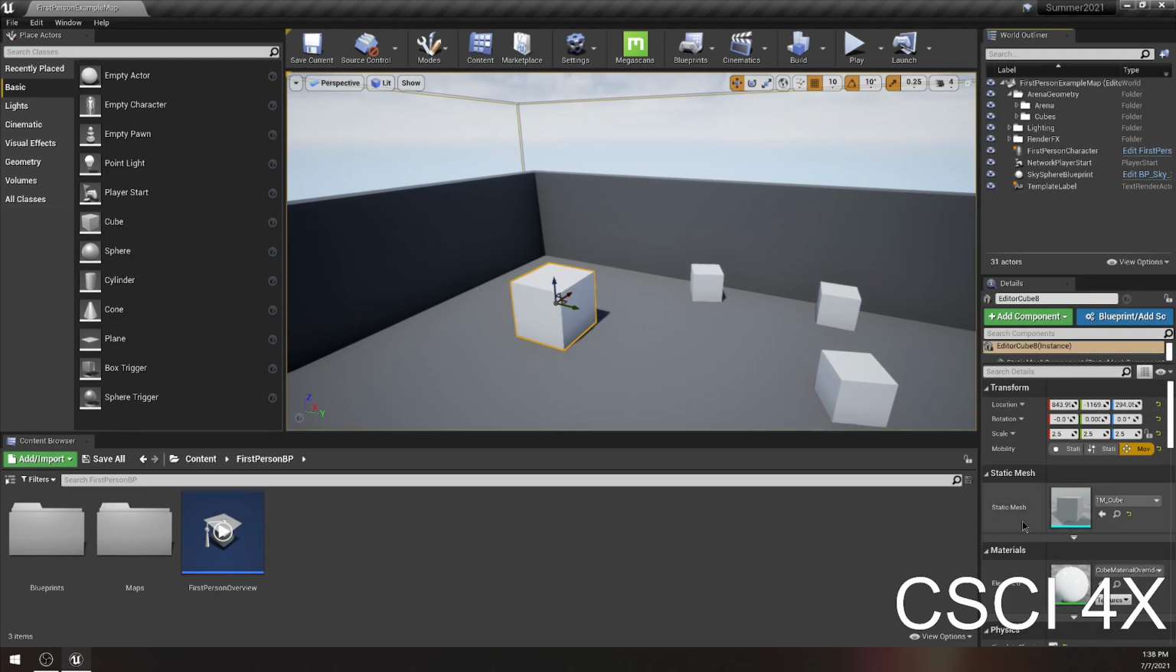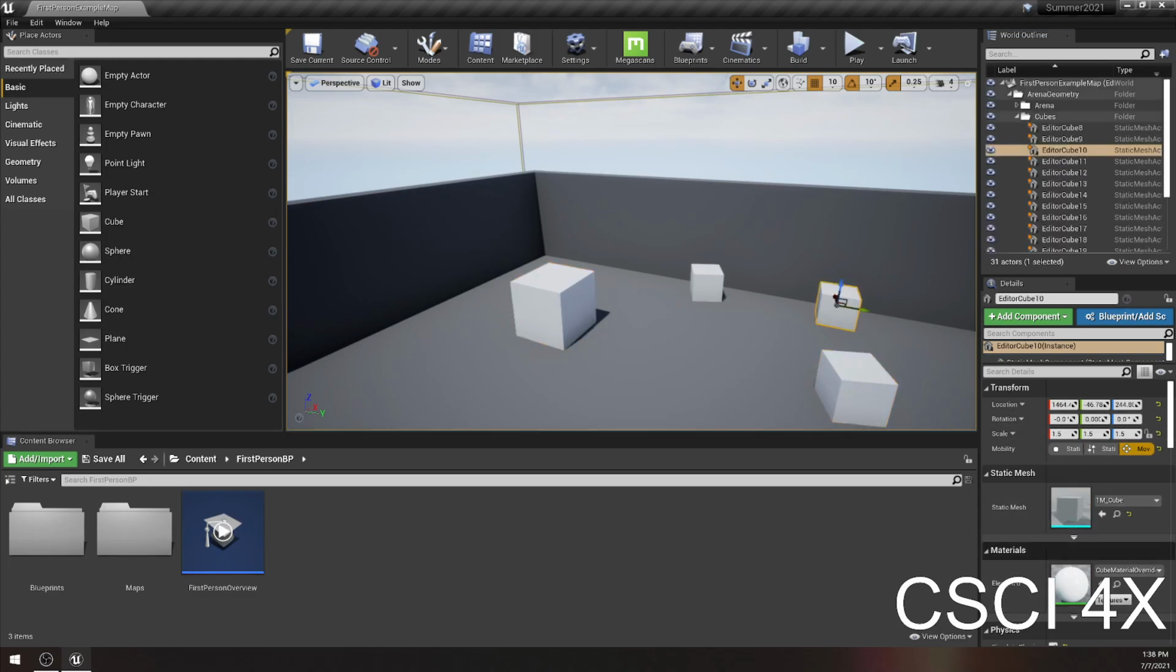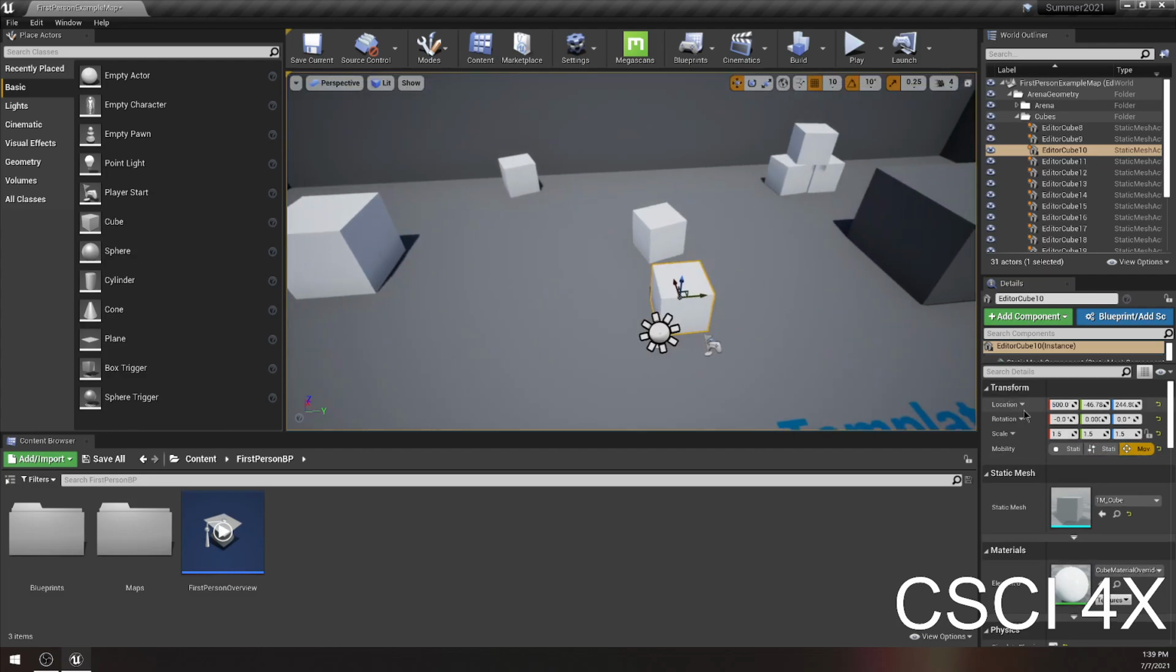Over here, this is probably the most important part of the screen. Every time you click on an object, all the details on the object will appear here. And so you can see things like its location, its rotation, and its scale, which are things I'll talk about in a little bit. And you can edit them directly. So like if I wanted to change its location to be like 500, you can see it moved. If I change its location to 600,